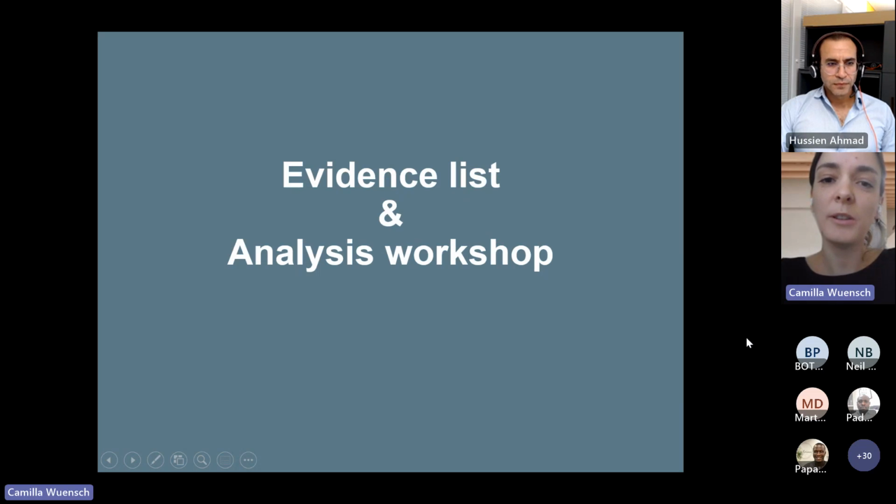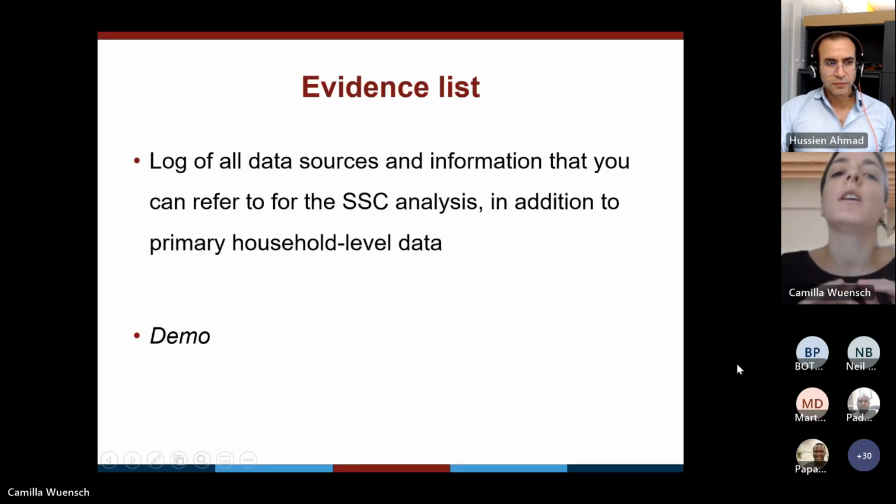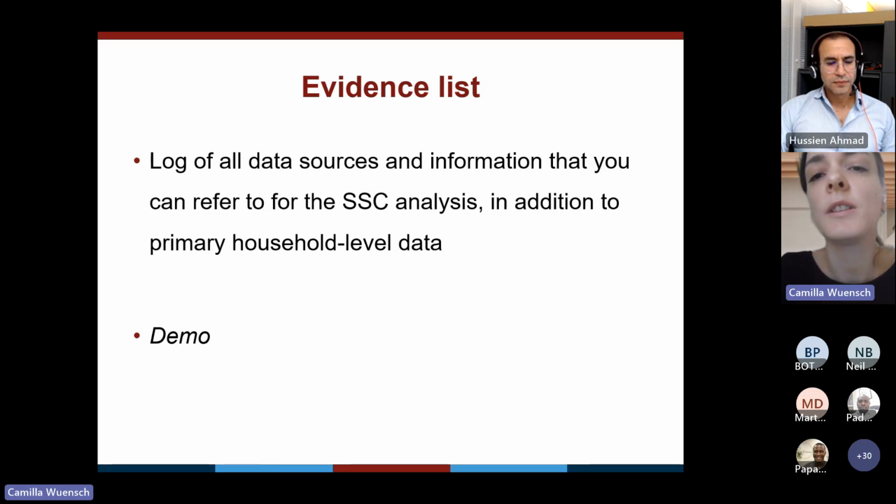Okay, so let's start with the evidence list. In a nutshell, the evidence list is, well, it's in the name, but it's a list of all the data sources and secondary information that you can refer to for any of the parts of the SSC analysis, in addition to the primary household level data. So this might include other data sets through an Excel format, but it goes way beyond that. It might be referring to reports that are conducted by the government, by development actors, by specific NGOs on